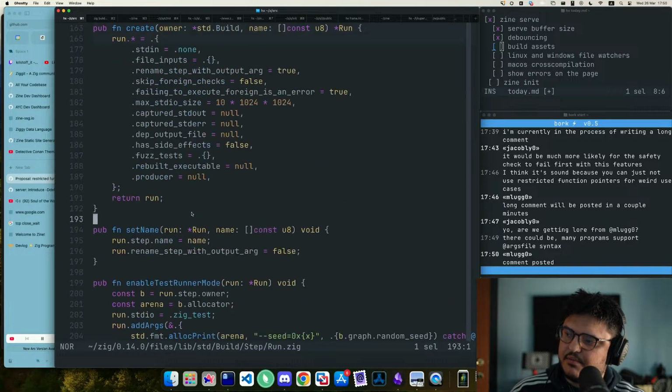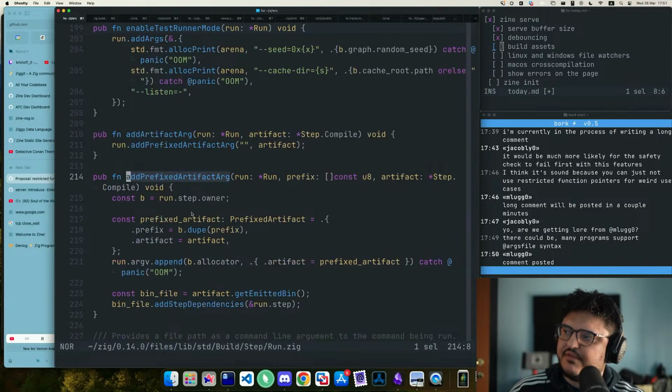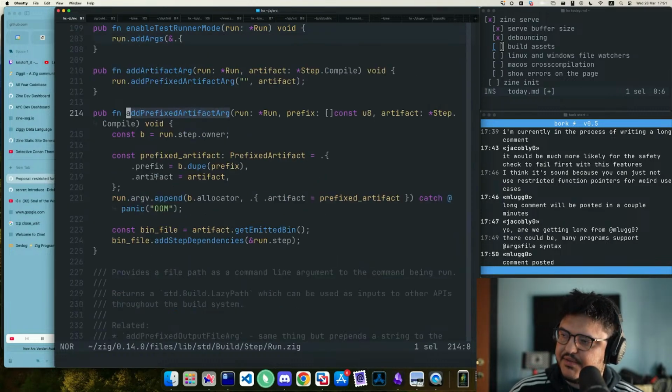Yeah, I don't think it's here. Function, set name, enable test runner mode, artifact arg, prefix artifact arg. I mean, if there was any support for this stuff, I would imagine it would have to be in here, right? Some kind of thing that